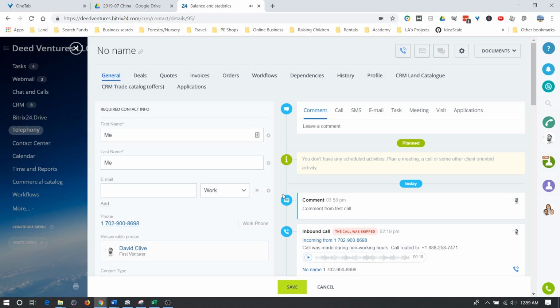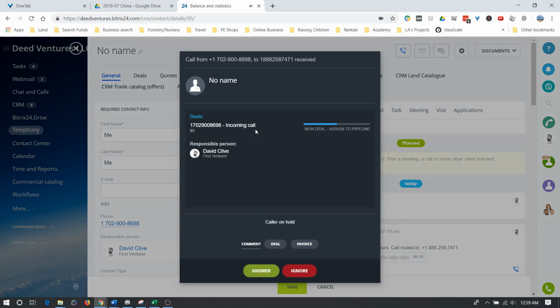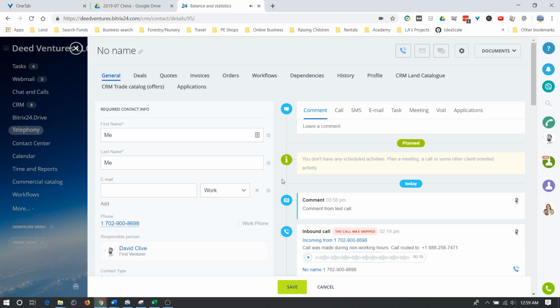And I'm going to try calling in again. So this is what it looks like when a new call comes in. It's basically the same screen. And I'm going to ignore. And what will happen is a message will be left. And when the person leaves a message or we miss a call, then a new activity will show up in